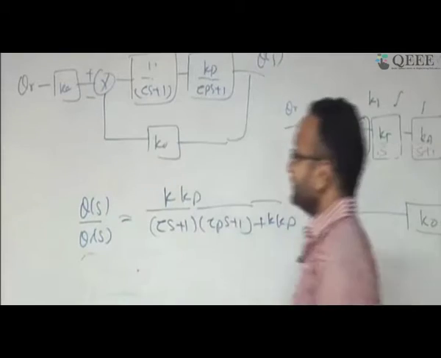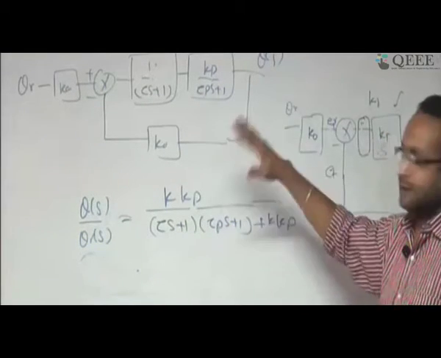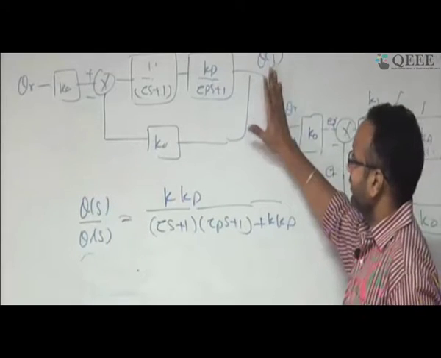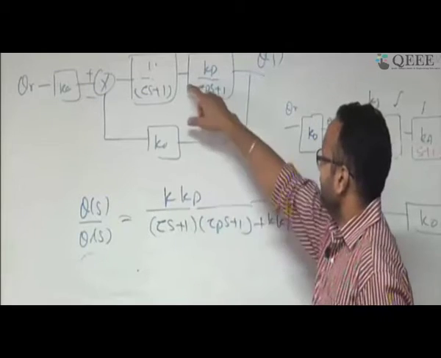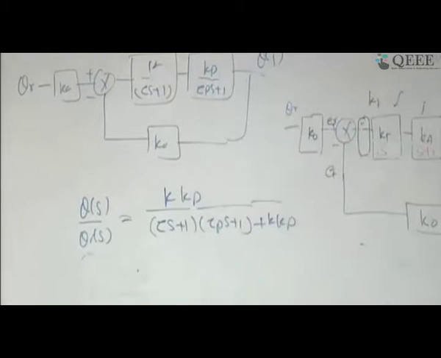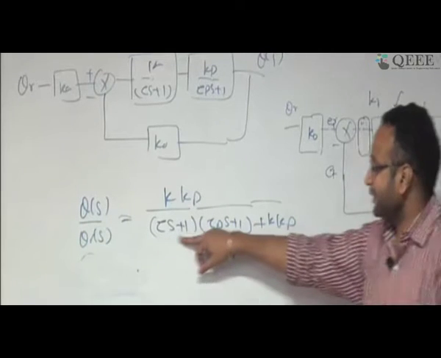Okay. So I am not solving it again the way we did it for the previous case. I am extrapolating it. You can write it as theta s by theta rs, and you make this constant kkp. Here it will work tau s plus 1, tau ps plus 1 plus a. Fine. Now look at the system.